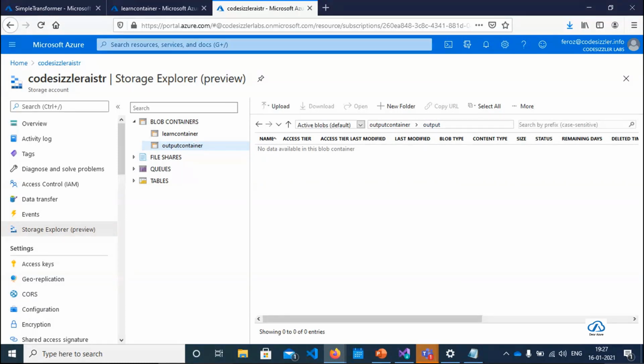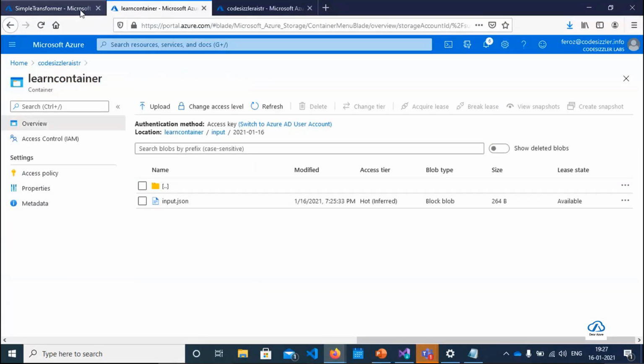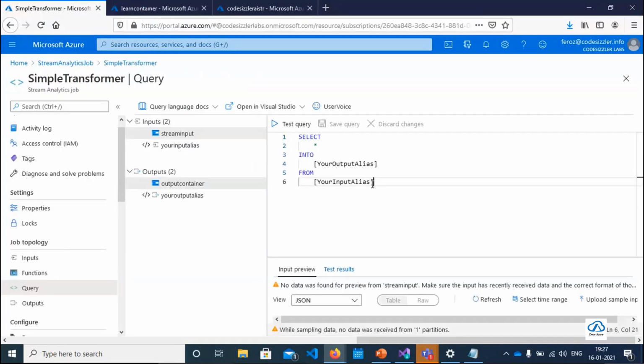Now let's write the transformation query. Go here for the transformation queries. Remove all these things.